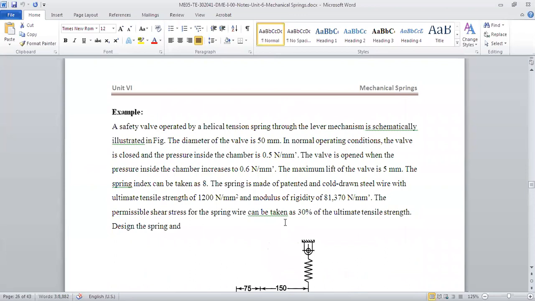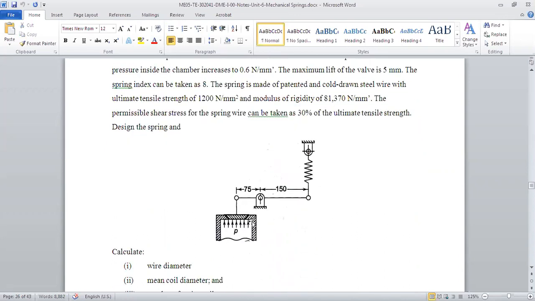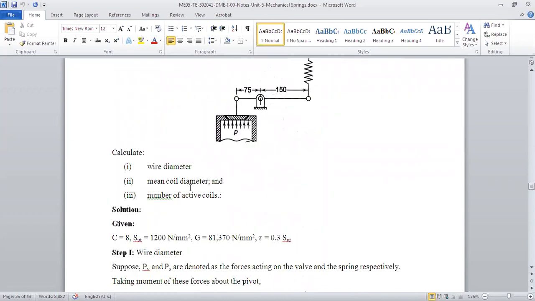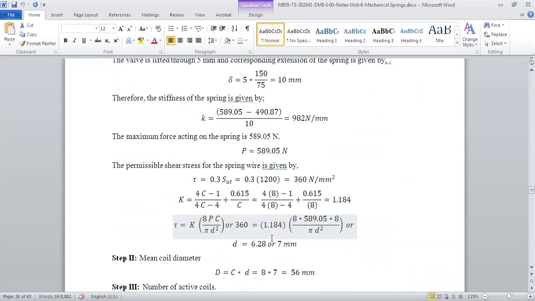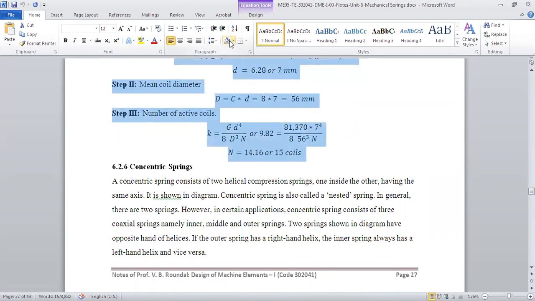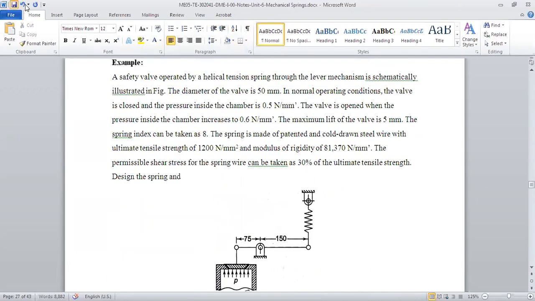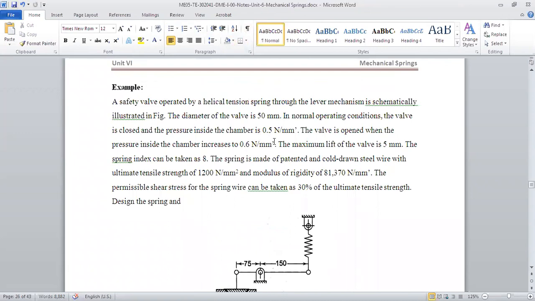Okay, so should we go ahead and take a numerical? I just want to take one more numerical before we proceed with this design of a spring. But this will have some kind of advanced aspect. We have to use some lever mechanism concepts also. So we'll take a look at this problem. Before that, let me just make these things white so that we can go step by step. So are you with me till now? We have seen how to calculate the resultant stiffness in the case of parallel and series springs. Now we take a numerical.